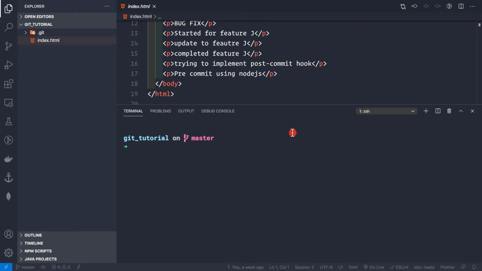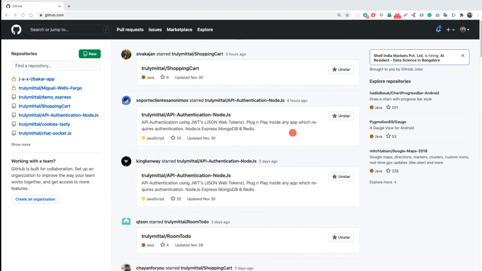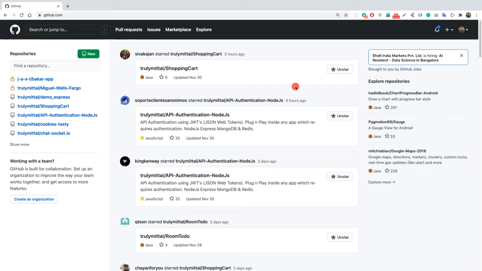Okay guys, so in this video let's see how we work with GitHub, because ultimately whenever you are creating a Git repository you want to host it somewhere, and GitHub is one of the best places to host your repository. So firstly, what you need to do is go to GitHub and create an